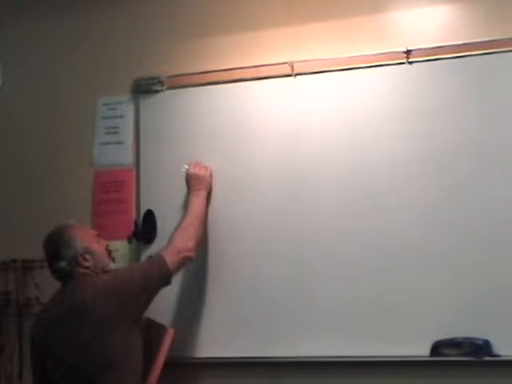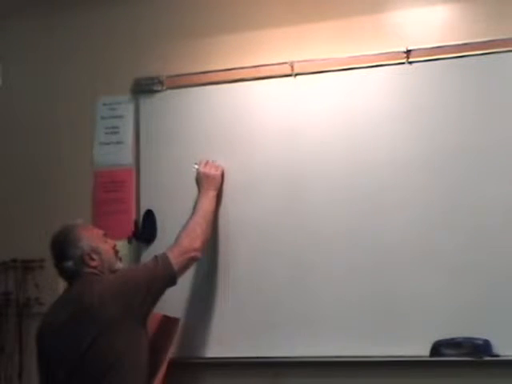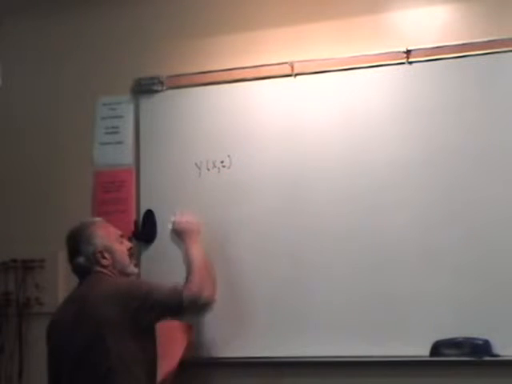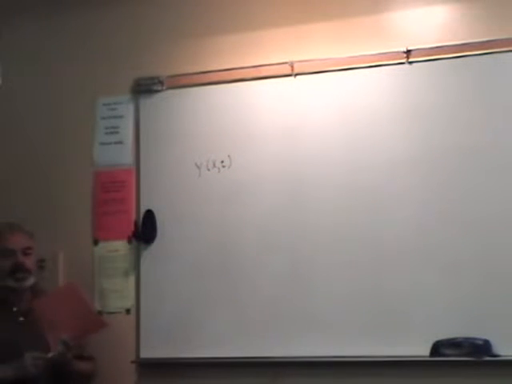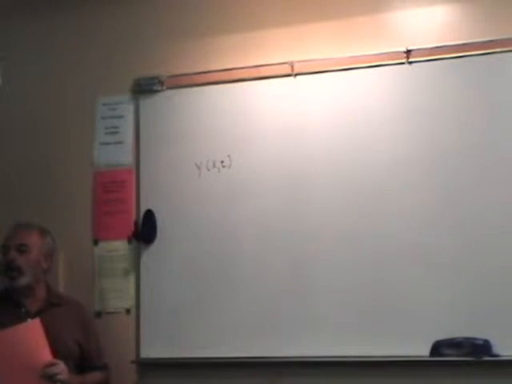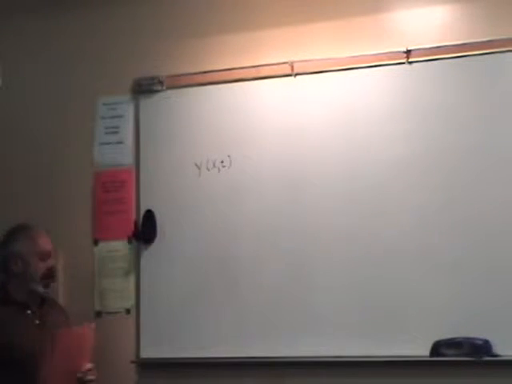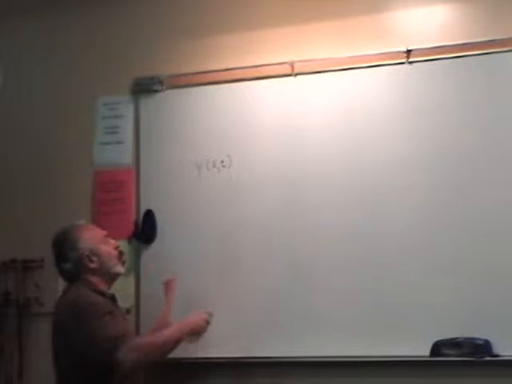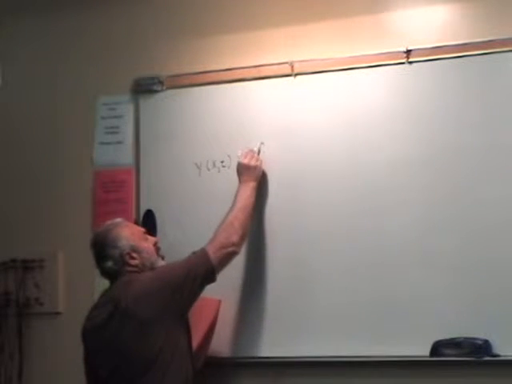We always describe them initially as y in terms of x and t. So it's actually a two-dimensional quantity, one dimension of space and one dimension of time, and simply as some f